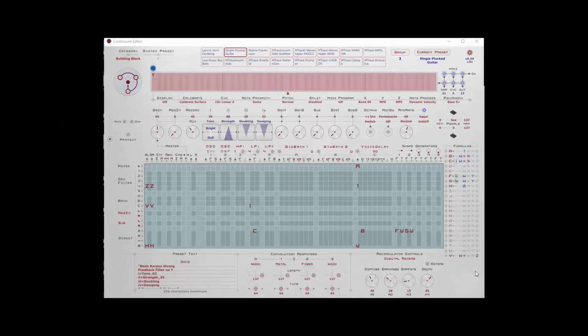I have a Haken Continuum, and I often split it in such a manner that I have one preset running on the bottom of Y and another on the top of Y. And with the new firmware and an expanded Continuum, you can very easily do this, and I'll show you how